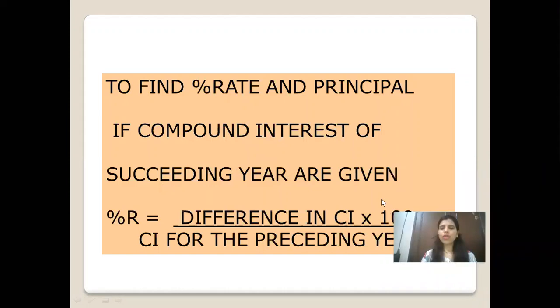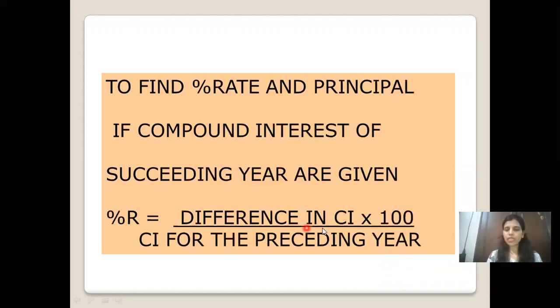So the formula which you can use is the difference in the compound interest. Means you have to find the difference of the two compound interests into 100 upon the compound interest of the preceding year. Okay, so let's see the